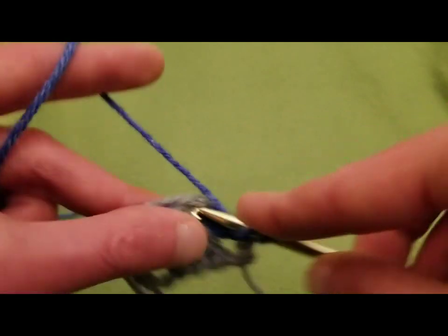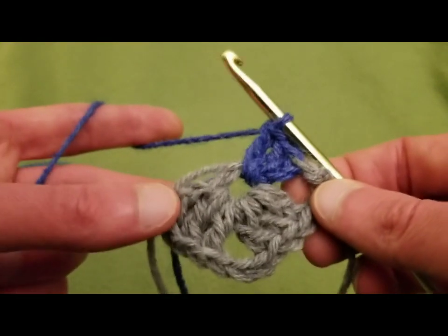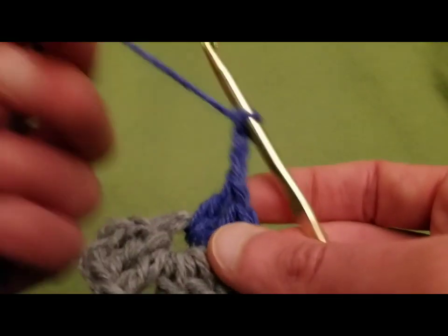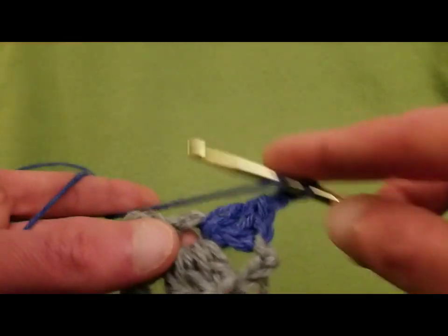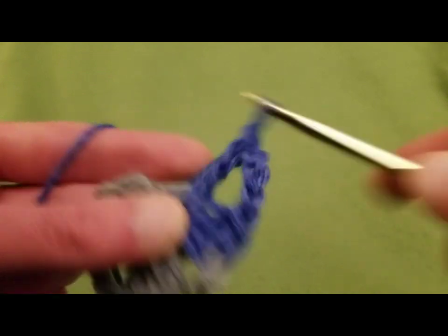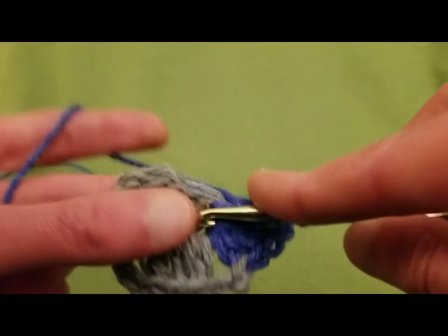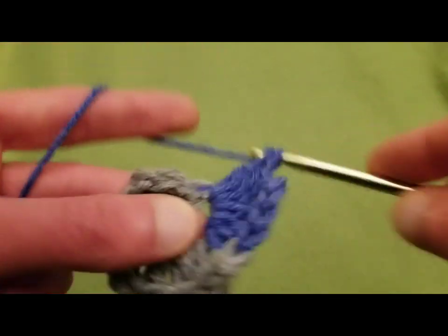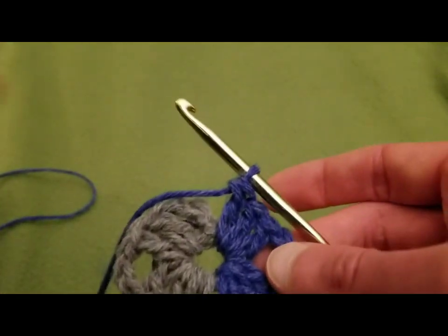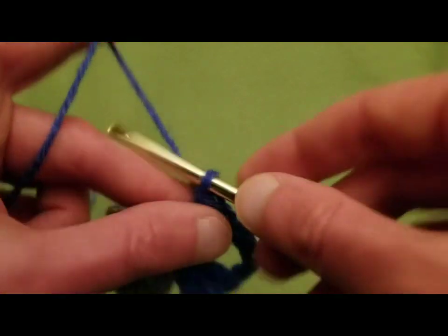And then into the center ring once again, 2 more double crochets with the blue, 1 and 2, and then a chaining of 3, and into the center ring, 3 more double crochets with the blue. 1 and 2 and 3. Okay, so then to connect our square and finish up the first round, chain 3,